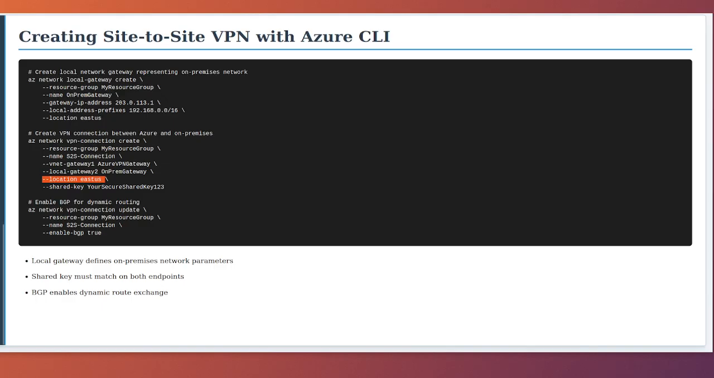VPN device. The third command enables BGP, Border Gateway Protocol, on the VPN connection using the az network vpn-connection update command. The resource group and name parameters identify which connection to modify. The enable-bgp parameter set to true activates BGP routing, which enables dynamic route exchange between Azure and your on-premises network. BGP is particularly useful in complex network topologies where you have multiple connections or need automatic failover. When BGP is enabled, routes are automatically learned and propagated without manual configuration, making the network more resilient and easier